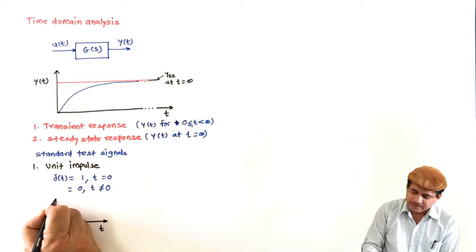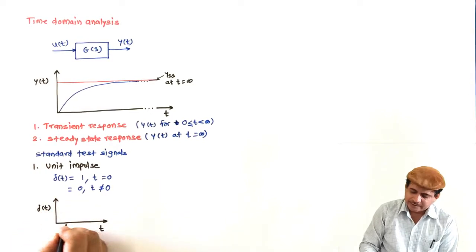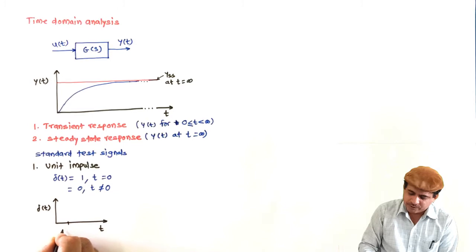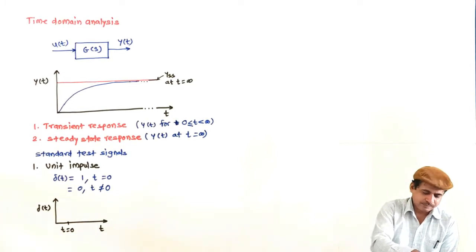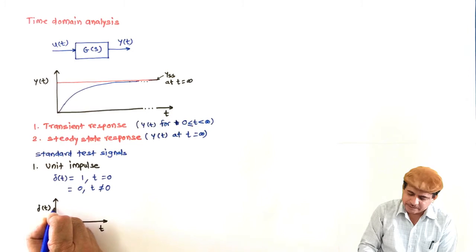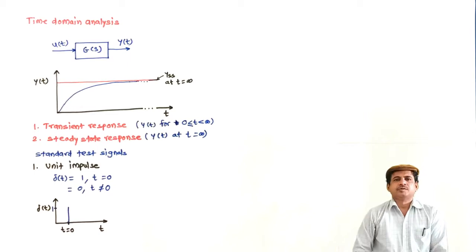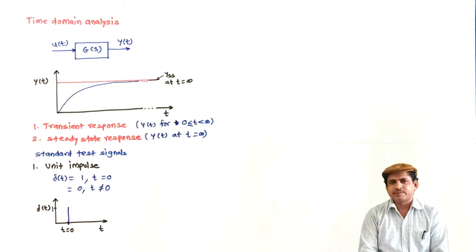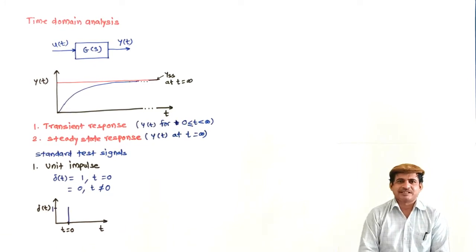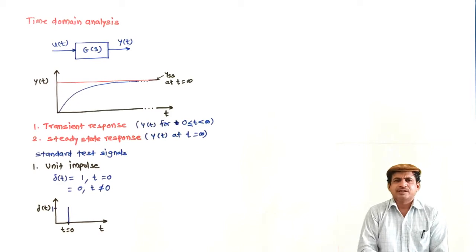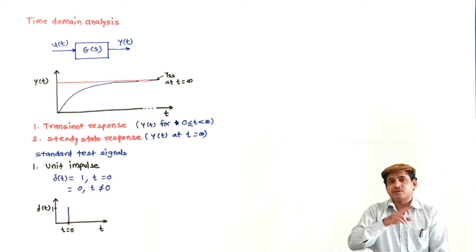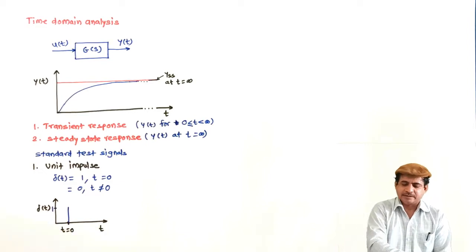And if I want to sketch it in time domain, let this be delta(t), and let I have time t equal to 0 here. Then the delta(t) signal is, let this be 1. So this is the representation of unit impulse signal, and it has a close resemblance with the impulsive disturbances. So suddenly some disturbance comes and it vanishes, but its effect lies on the system for quite a long time. So this is impulse signal.